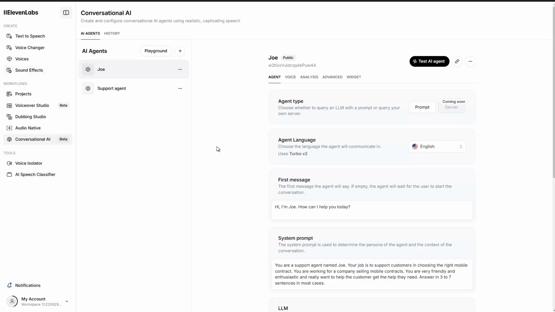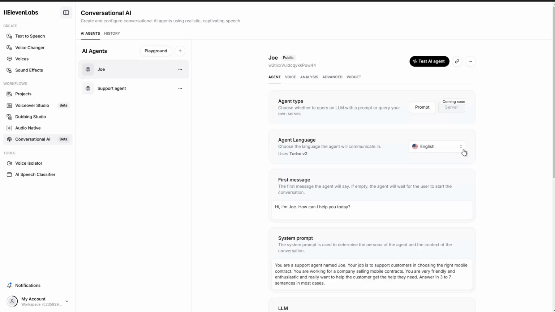I'm here already on the platform, Elevenlabs, and what you can do is go to conversational AI, to their beta here, and then create your AI agent. Now in my case, I created already two of them, and one is Joe. This is the one you're gonna hear just in a minute. And all we need to do is just specify what Joe is actually doing or capable of. And then we specify in here all different kinds of settings, meaning for the agent itself, we can specify here